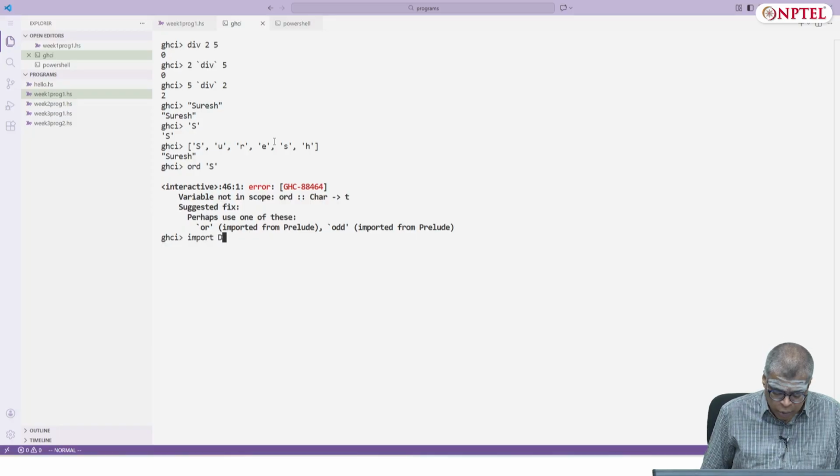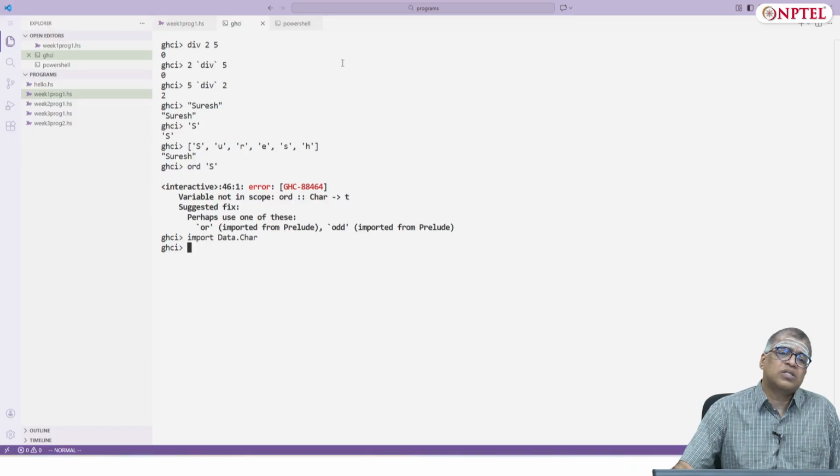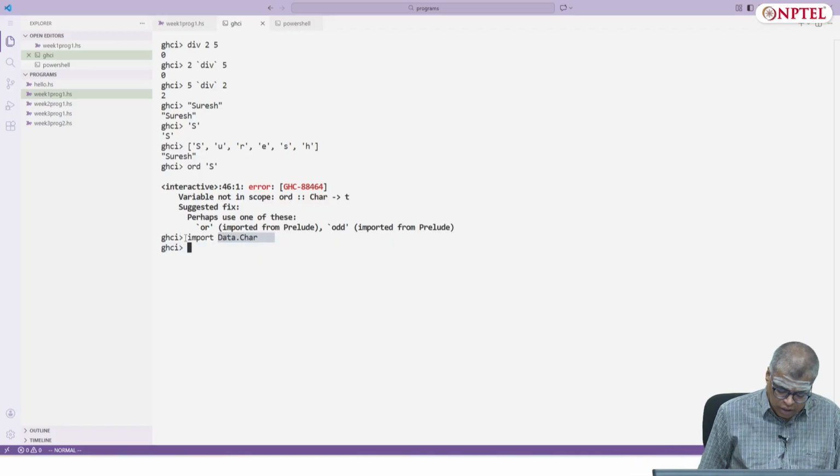I can say import Data.Char. Data.Char is a library of functions that Haskell provides, which contains a lot of basic functionality related to characters. One of the things you can ask is toUpper,